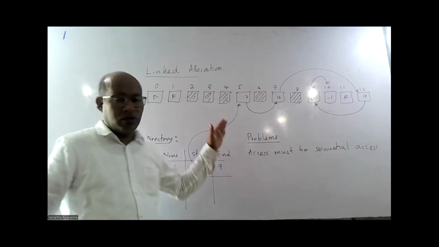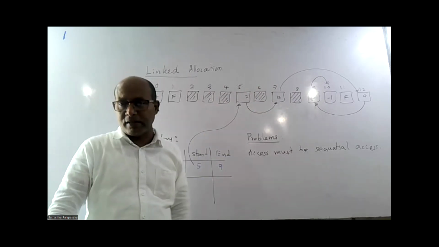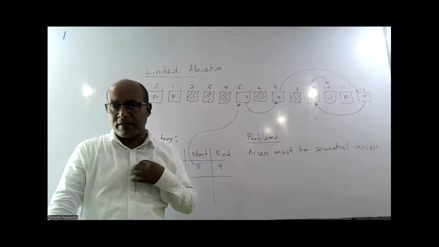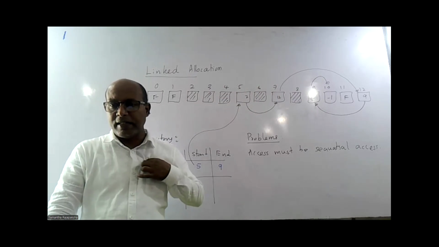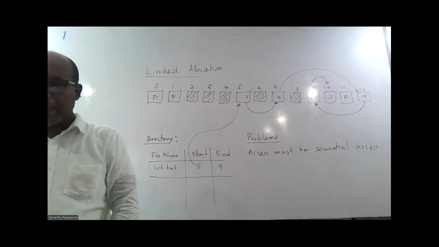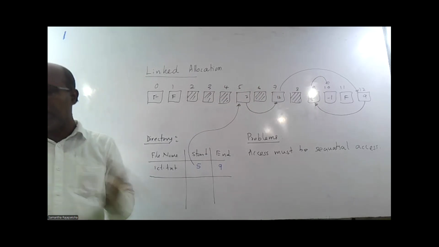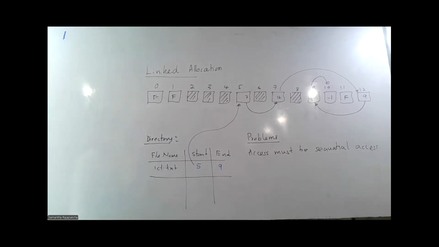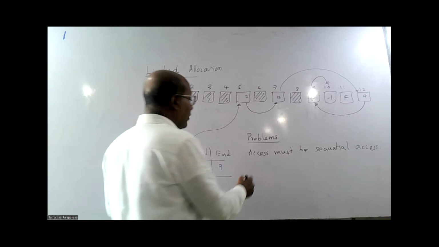Therefore, this is slow because it is sequential access, not random access. Is it clear? Yes, sir. That is one problem. The second problem here is that if one block